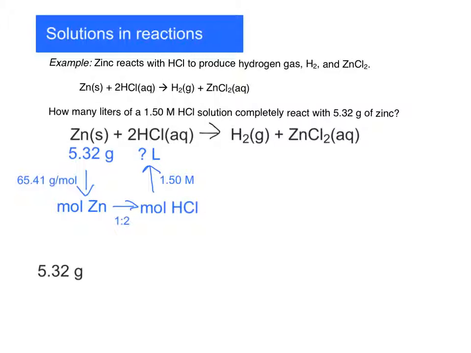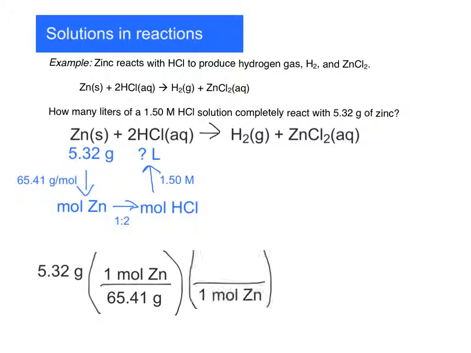And our molar mass is 65.41, so that will go on the bottom so the grams cancel, and we'll have 1 mole of zinc on the top. All right, in our equation, the coefficient of zinc is 1, so that's going to go on the bottom, and the coefficient of HCl is 2, so that will go on the top. All right, and then we need to use the